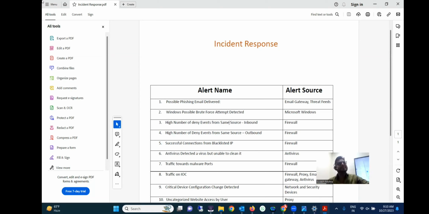It belongs to Yashwant, but when the attacker is trying, he's using the username Sachin. Yes or no? So we have to check the source IP from which the login failure alert was generated. Check the firewall logs, check the email gateway logs, check the proxy logs. Maybe the user has downloaded something malicious from a website, or the user might have received some email, a phishing email,